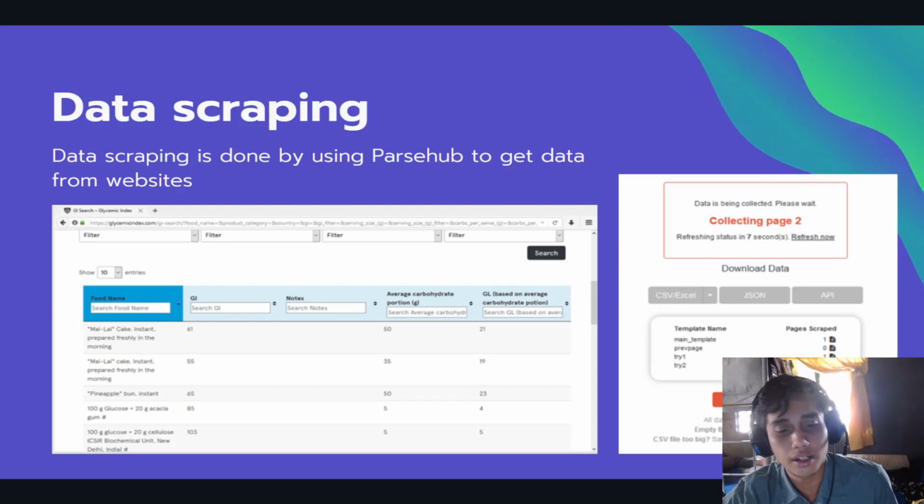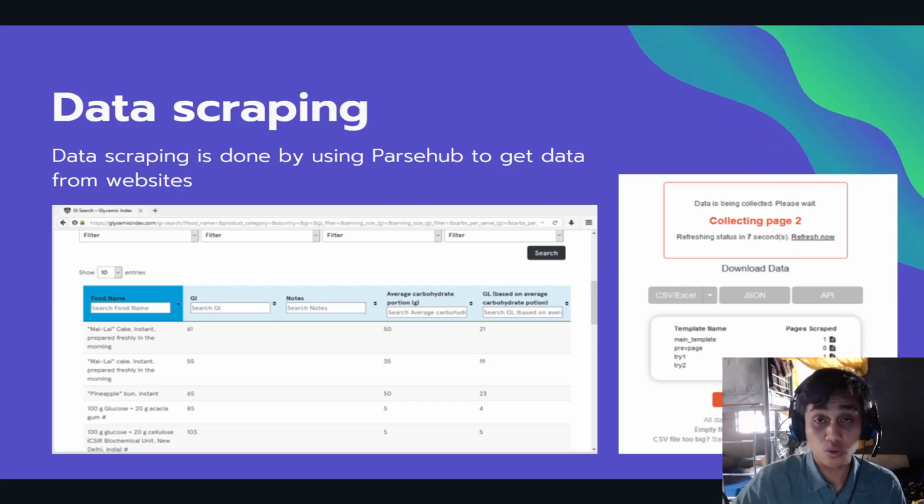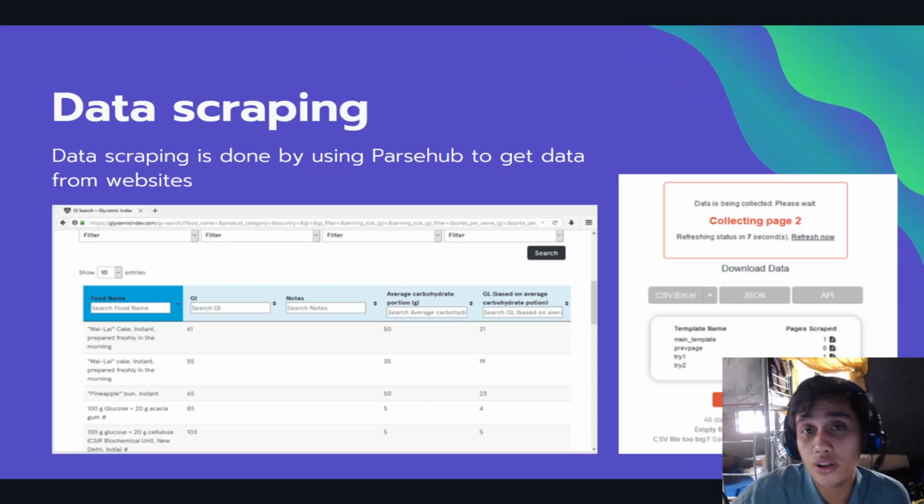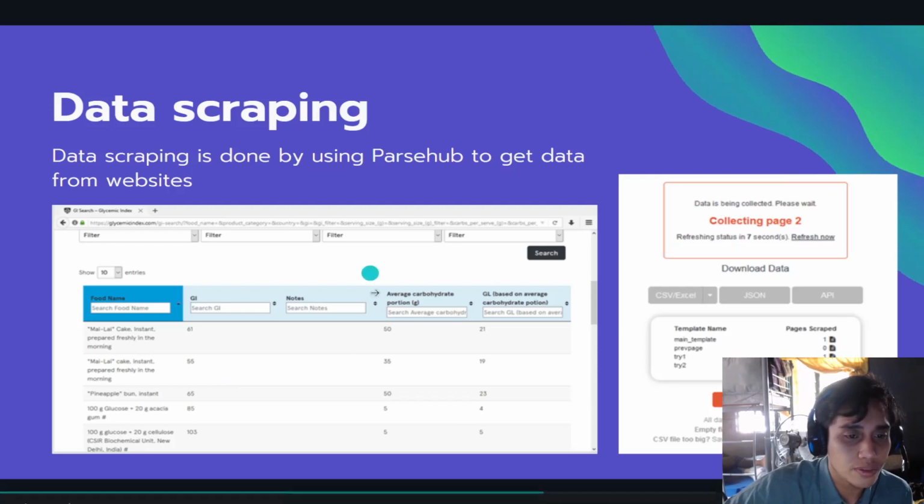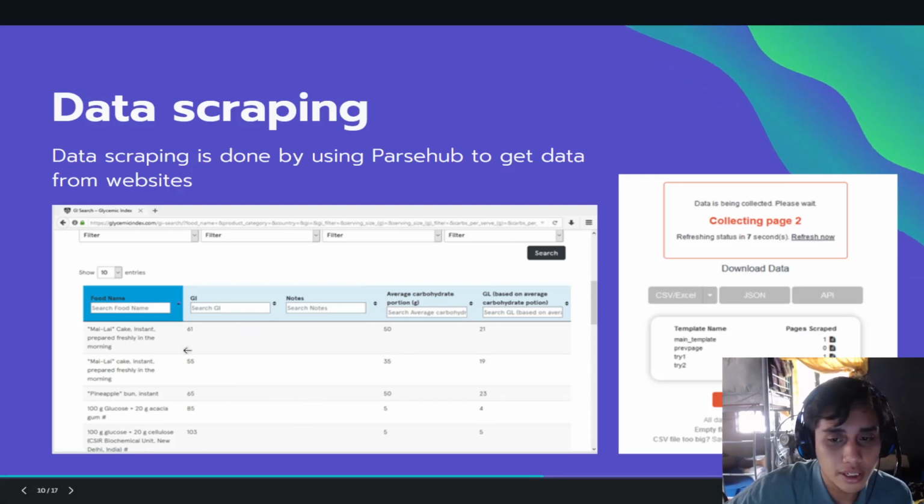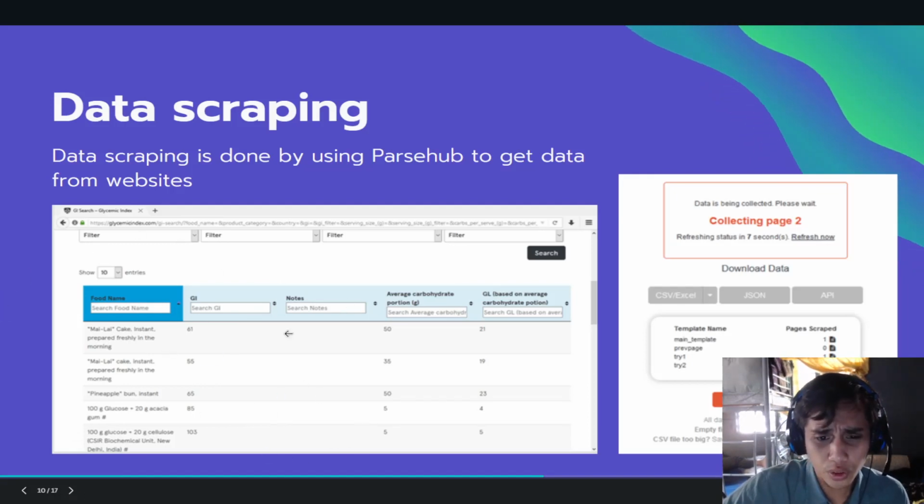So the only possible way is to scrape it. So I'm going to use ParseHub. I already used ParseHub to scrape all the data. As you can see, the first picture is the website in the ParseHub interface. And then if you follow some